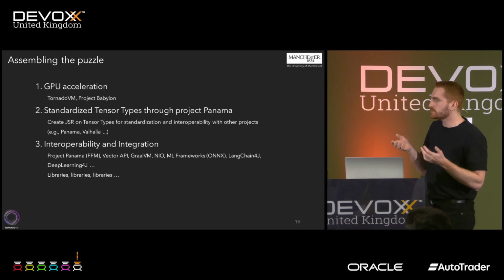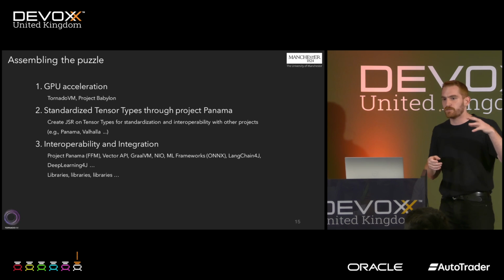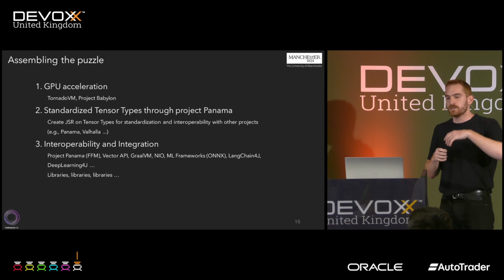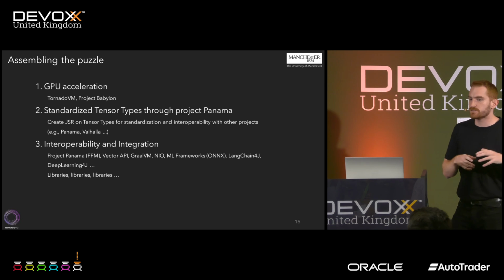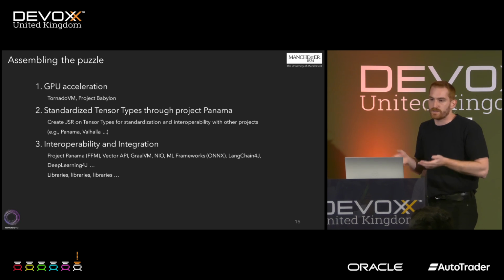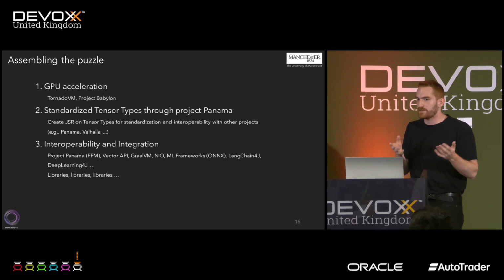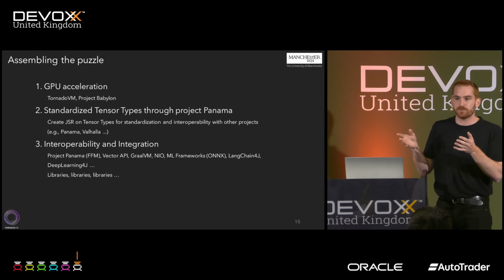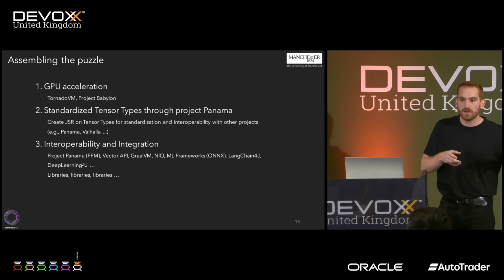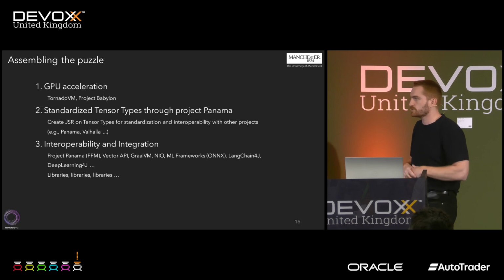Regarding standardized tensor types, that is something we are missing. If you remember what I told you at the very beginning, we have a selection of Java wrappers to different frameworks. Then we have libraries like Deep Learning for Java and DeepNets. All of them implement their own data types and data structures for something that in the Pythonic world has already been standardized: the notion of shape and arrays. We are currently missing that from Java, because if you commit to one approach, you are bound to it. Otherwise, you need to rewrite your application and your data structures.